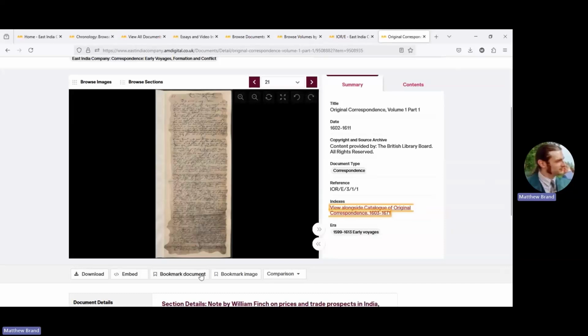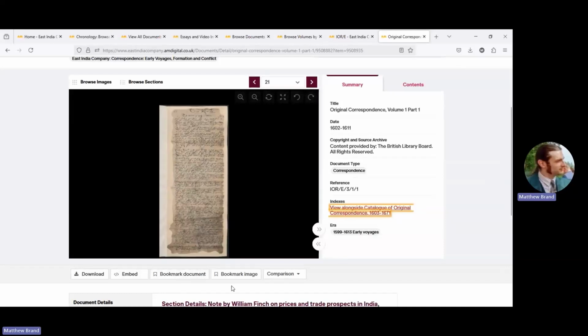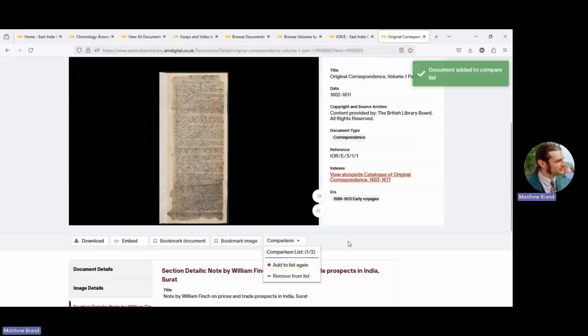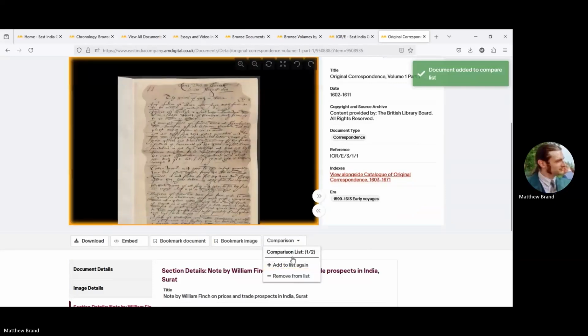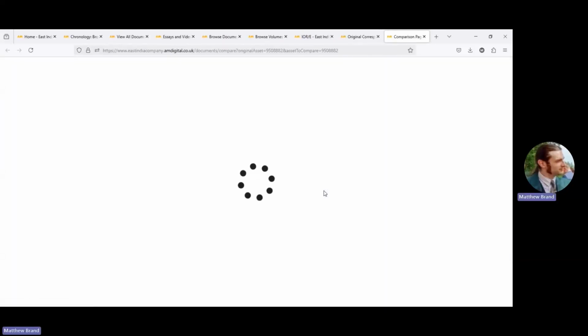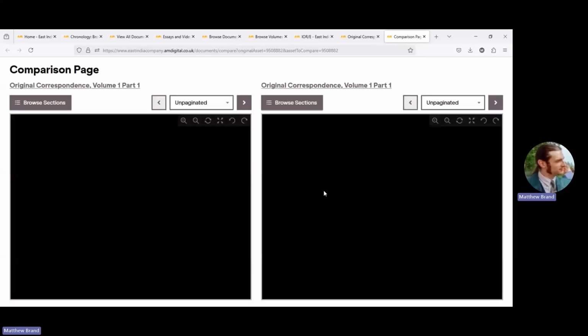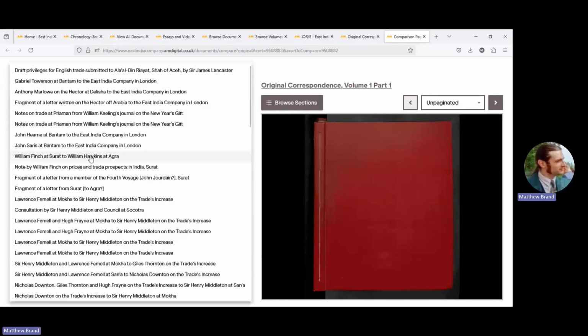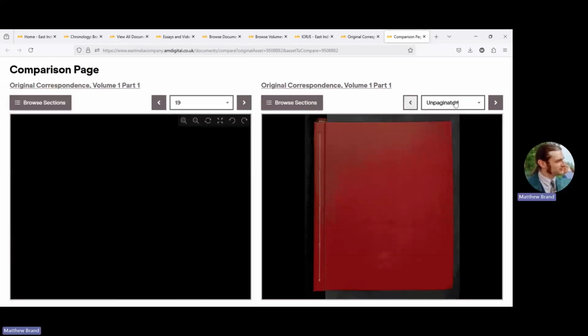To return to the document details page, you can bookmark the document, you can bookmark the individual image. If you really want, you can add this document to your comparison list. So let's just click there. And if you want to compare, say, this particular image to another letter in this volume, you click Add to List again, and you can now load the same document up against each other. So say if you've got, I don't know, the draft and final versions of a letter in the same volume, or you want to compare one person's account of Surat, say William Finch's, with